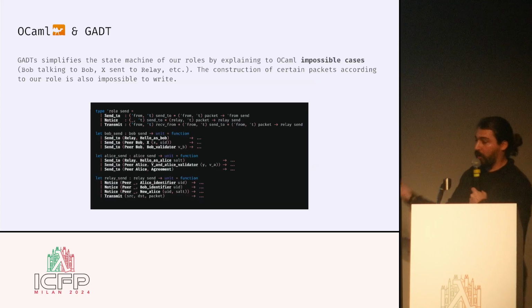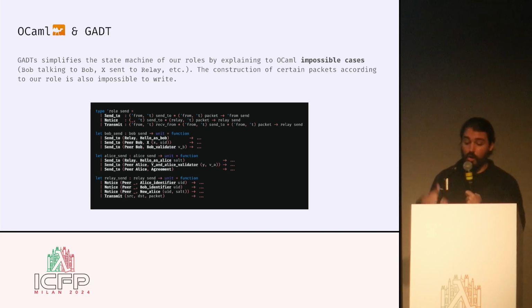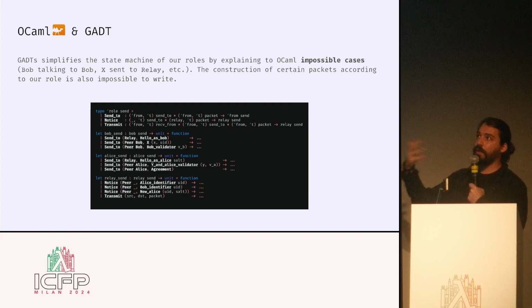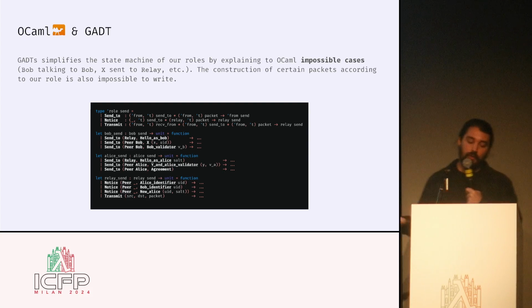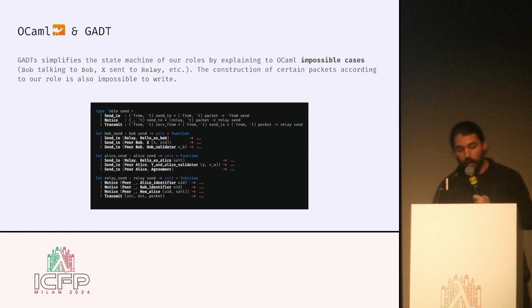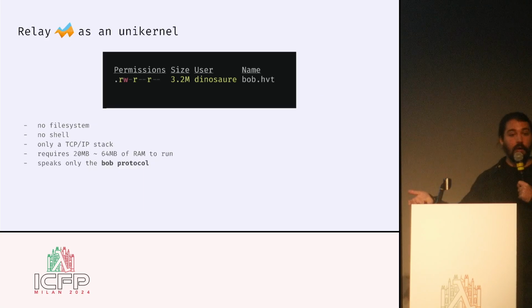So we talked about incoming packets and how to process them. Now let's start to talk about how to send packets. We just need to extend the constraints and say that Bob should send only packets whose source is Bob, the same for Alice, and the relay has the same with the transmission case again. So at this step, we have the protocol implementation, and now it's about the relay.